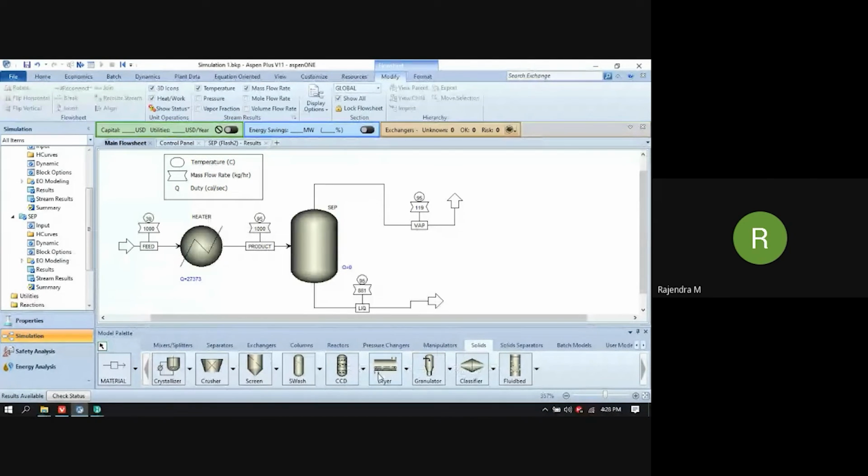There is a dryer, okay. Then there is a granulator. And like a spray dryer, you can also do spray dryer, classifier. Then we have a fluidized bed. Okay, for fluidization you can use this fluidized bed. There are solid separators, cyclone, then venturi scrubber,